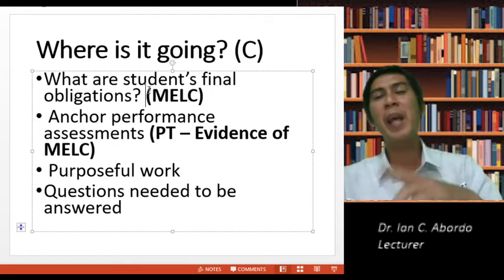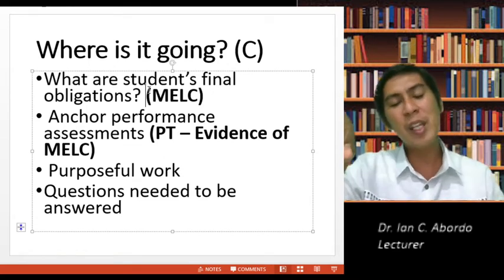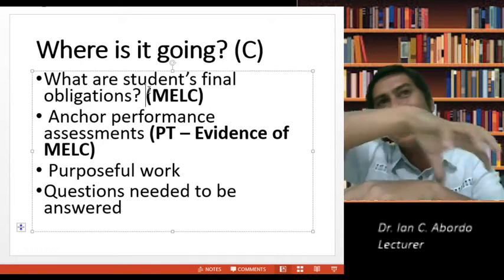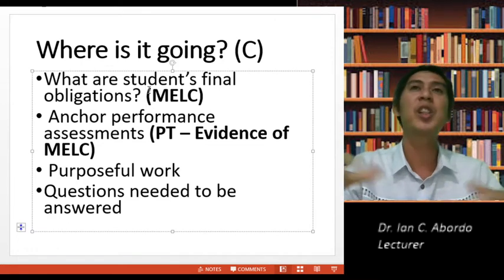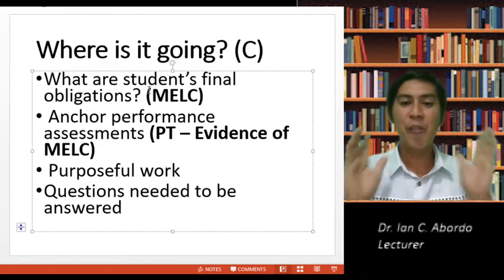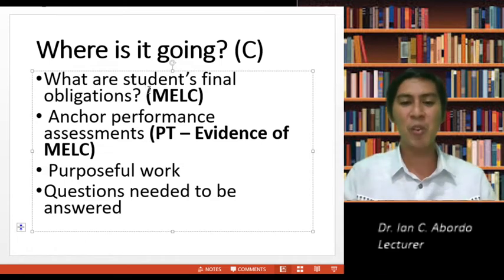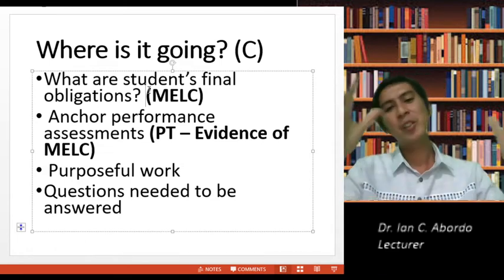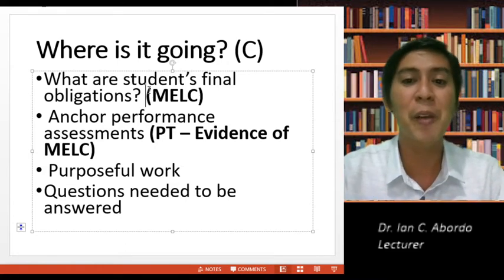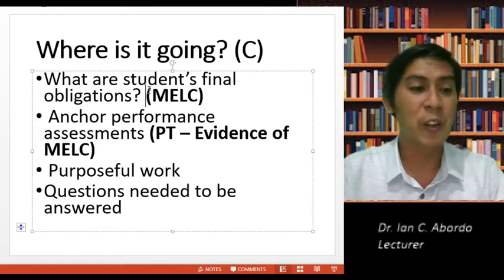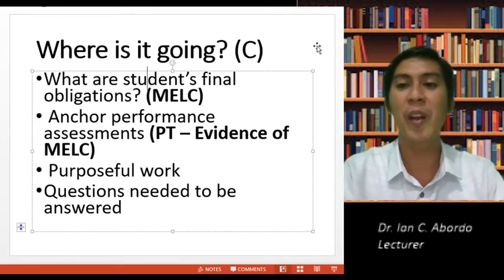So once you go to the PT, even only if you go to the PT, what other standards and competences should be there from the church, from the university, from your curriculum, and purposeful work? Those are questions that need to be asked. So you can put that there to start with. That's the first part of the module. If you follow this design, it's very easy.